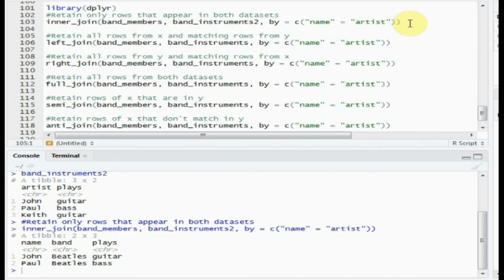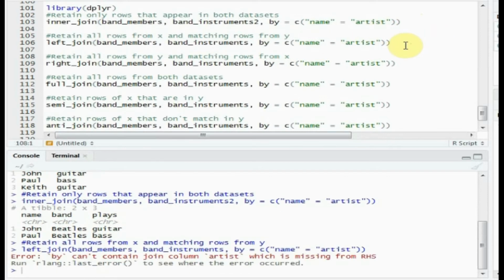So let's run it. As you can see, inner join will provide the common rows between dataset 1 and 2, and all the columns from both datasets will be there. Let's see the left join. Okay, it has to be 2 for all.